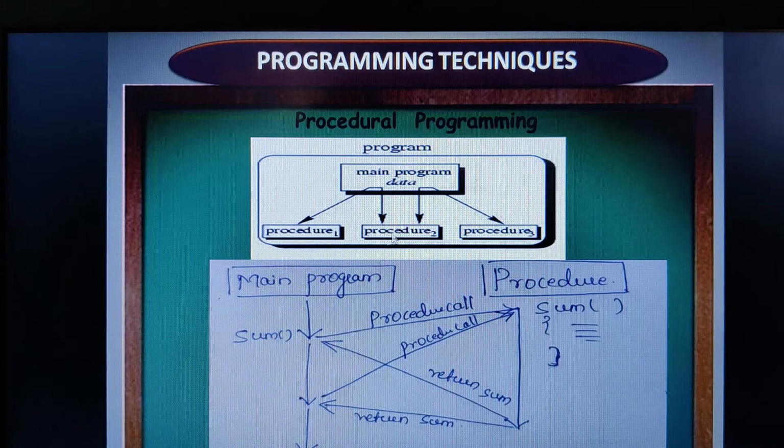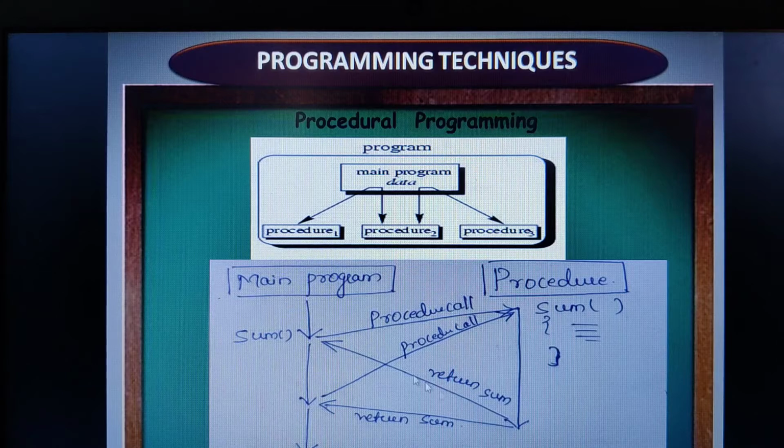So procedure programming is a method that allows us to combine the returning sequence of statements into a single place. We call it procedure programming, isn't it? We are combining the returning answer, that is return sum, because when you calculate the addition of two numbers, you are returning a variable known as sum.